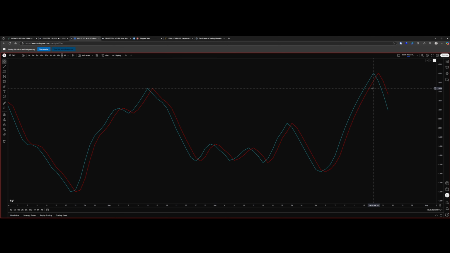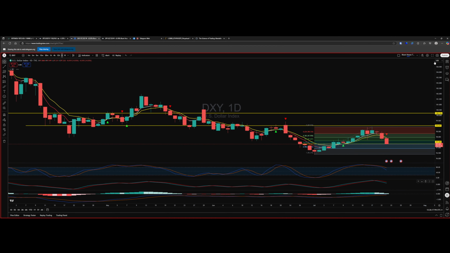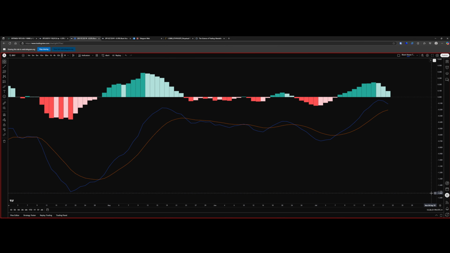It was nice and clean on the way up, and it looks like it's going to be nice and clean on the way down. And interestingly enough, we talk about this all the time. Here's your MACD blown up on the daily. When the moving average and signal line is below zero,